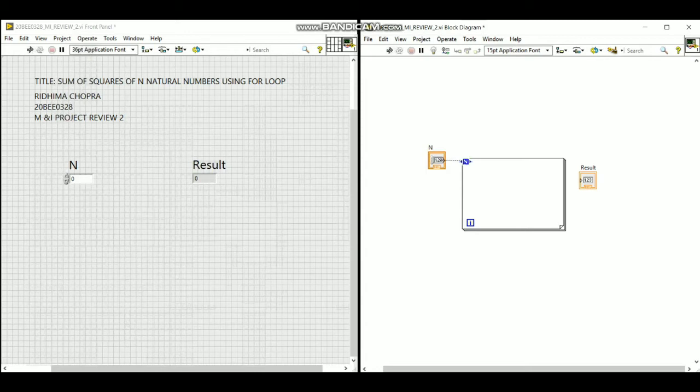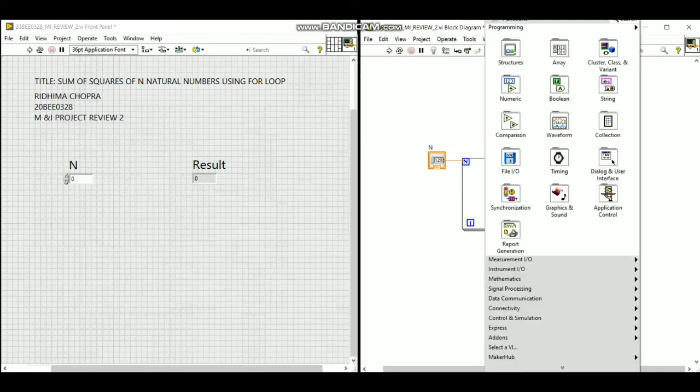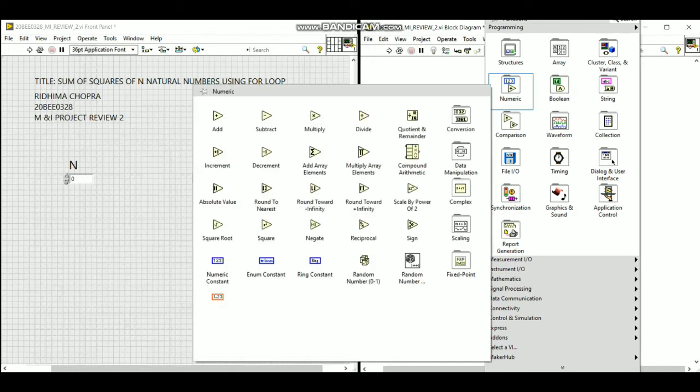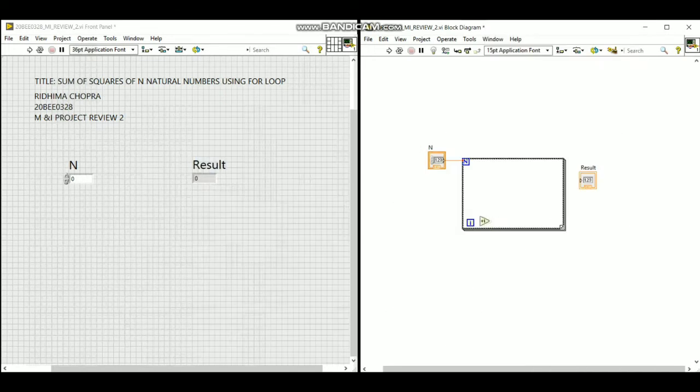So that's connected. Now since i starts with 0, I need to increment it. So for that I'll use the increment operator under the numeric.